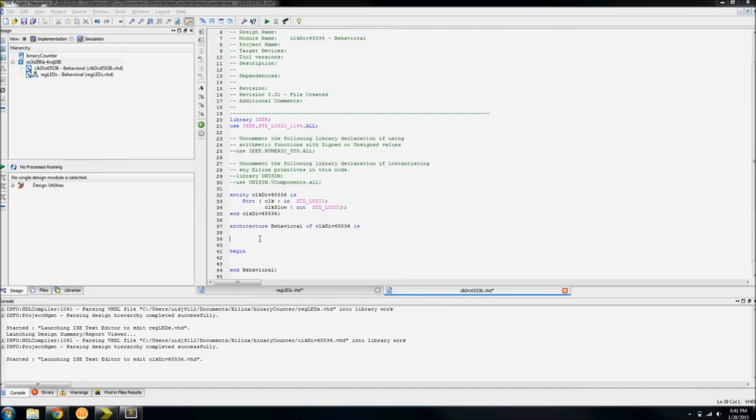Finish. I mentioned before that I like to have my clock divider be a power of 2, and 65,536 is 2 to the 16 power. So what we're going to do is define a signal, which I'm going to call the clock counter, which is a std_logic_vector 15 down to 0. So it's 16 bits long,